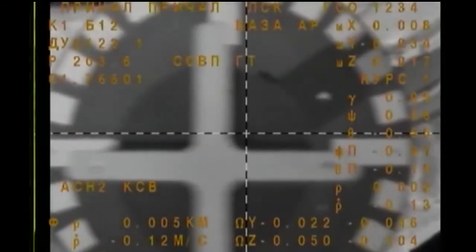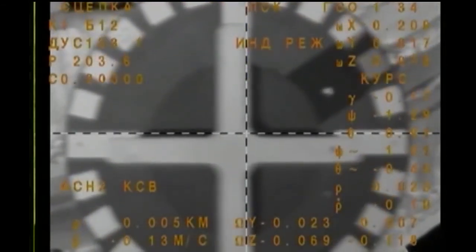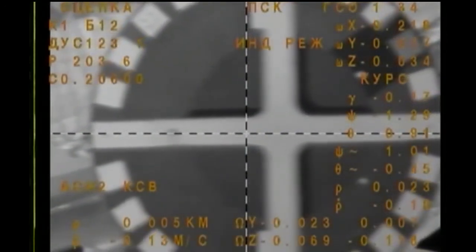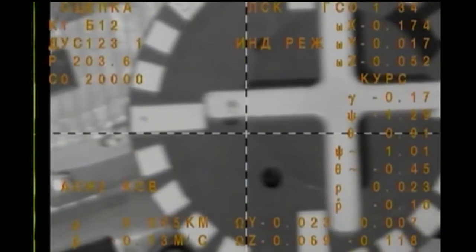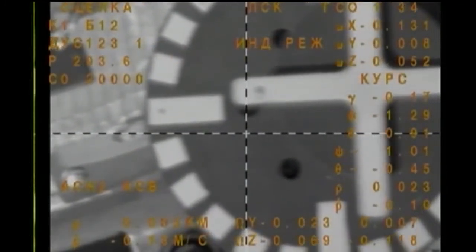We have contact. We have contact, docking confirmed and capture confirmed at 4:52 a.m. Central Time as the International Space Station and Soyuz MS-02 flew 251 statute miles over southern Russia. Again, docking confirmed at 4:52 a.m. Central Time,